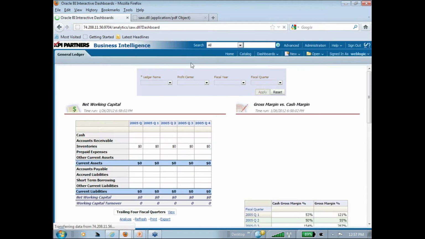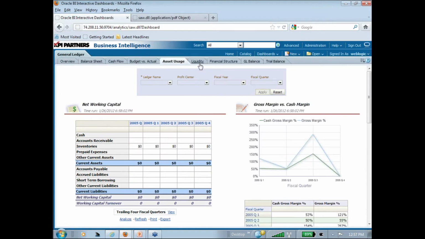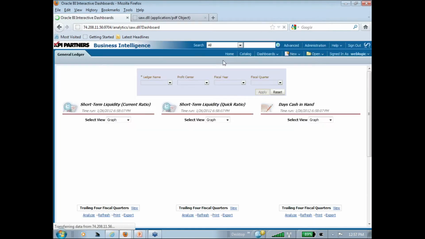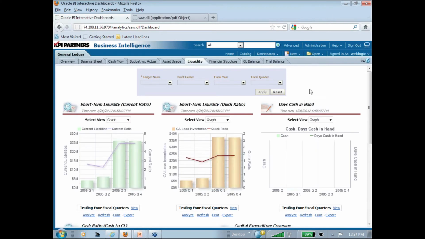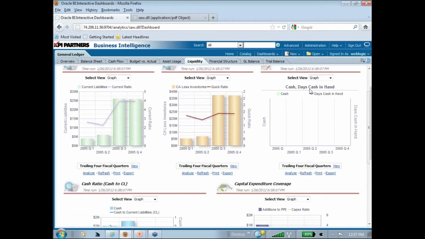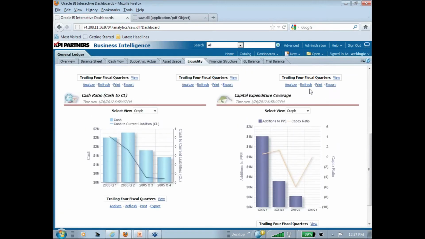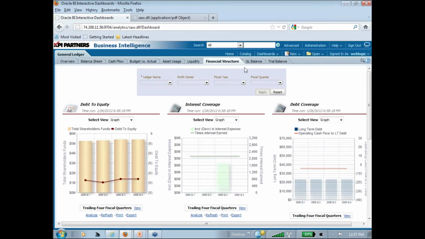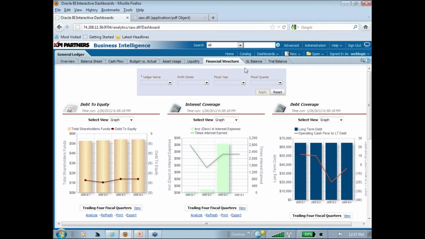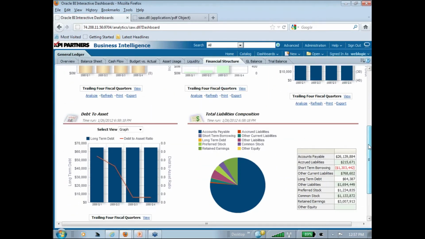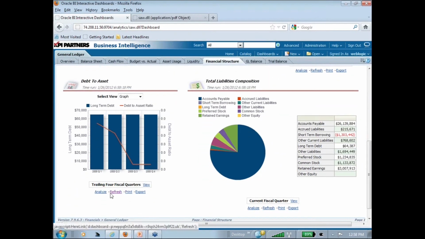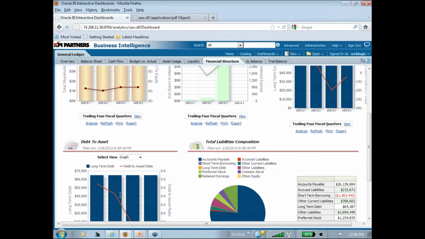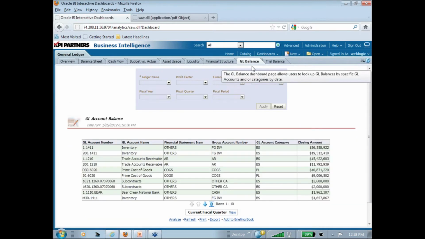Being able to drill in and look at gross margins, liquidity, financial structures, short-term liquidity, cash flow ratios, interest covers, debt to equity. Now, a lot of these reports you may say, yeah, that's pretty close, but any of these reports you can take in and hit analyze and just go in and tweak based upon how you need to see it,